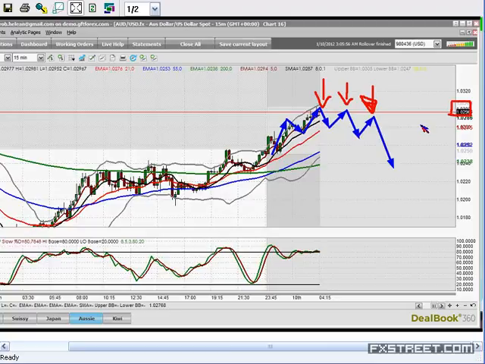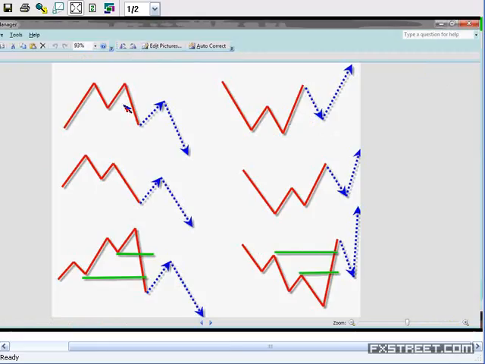Okay? So, going back to confirmation, this is a 15-minute chart here. Personally, I like price action. Like exactly what I'm drawing up on here. Let me show you. Has anyone seen this before? But I like looking for confirmation through changes of trend patterns.